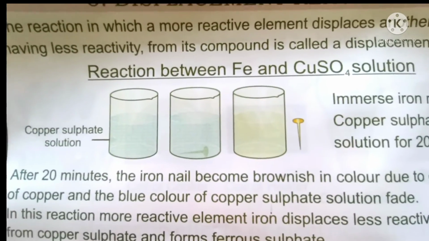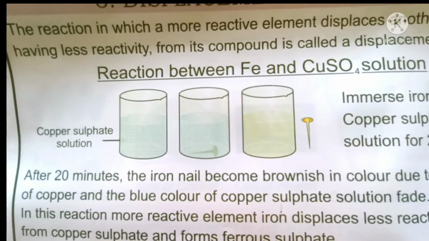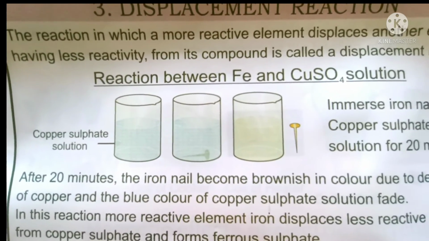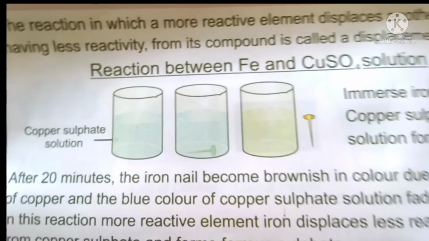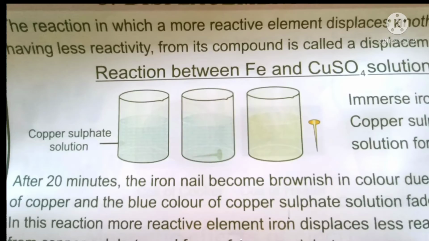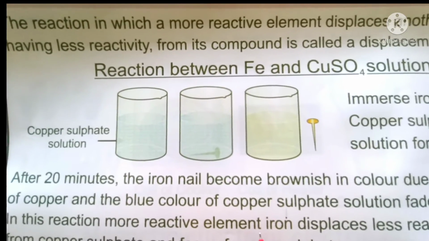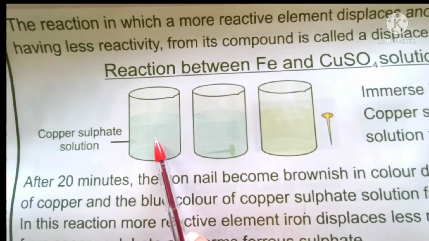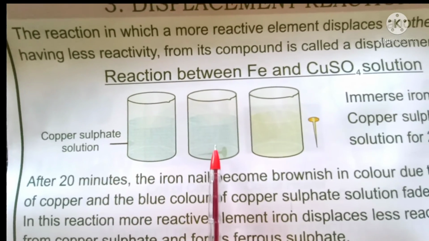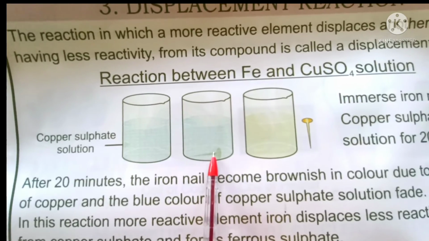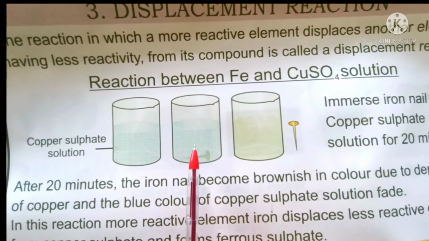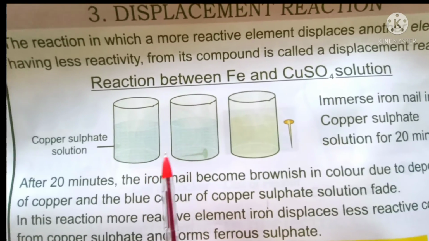Now students, with the help of this diagram, let's see how the displacement reaction takes place between copper sulfate and iron. Here there is a bluish colored copper sulfate solution. Now we'll put an iron nail in this beaker. Then after 20 minutes or more, there is a brown